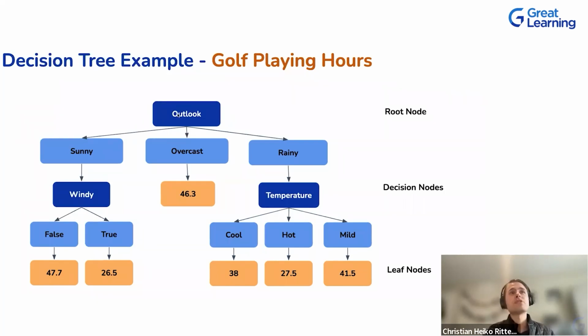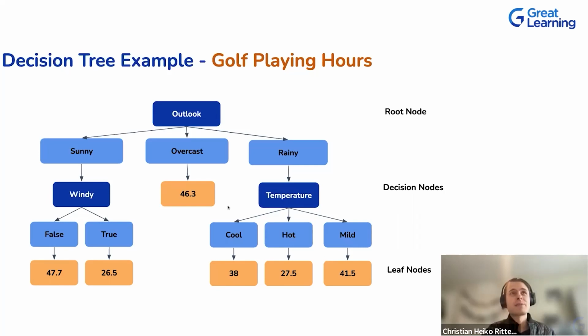We're building a tree from the top to the roots, and at each node we are evaluating which kind of variable to use. Do we want to use windy here to make a decision, or do we want to use temperature, for example, here? Which could lead to a different tree. Perhaps we're also not using temperature at all.